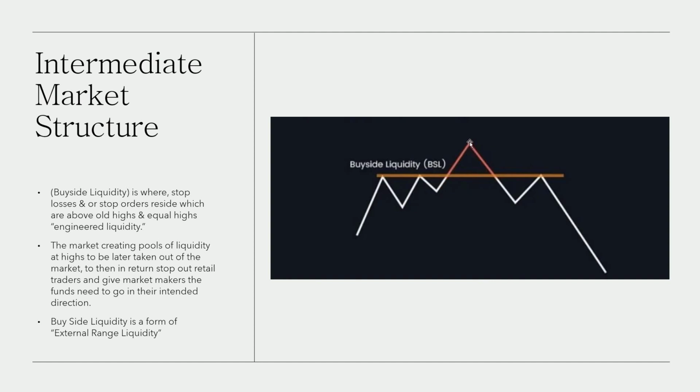So when market makers see these equal highs formed, they see, okay, the market created engineered liquidity. At market close, Dow Jones Industrial. Siri. Okay. Anyways,